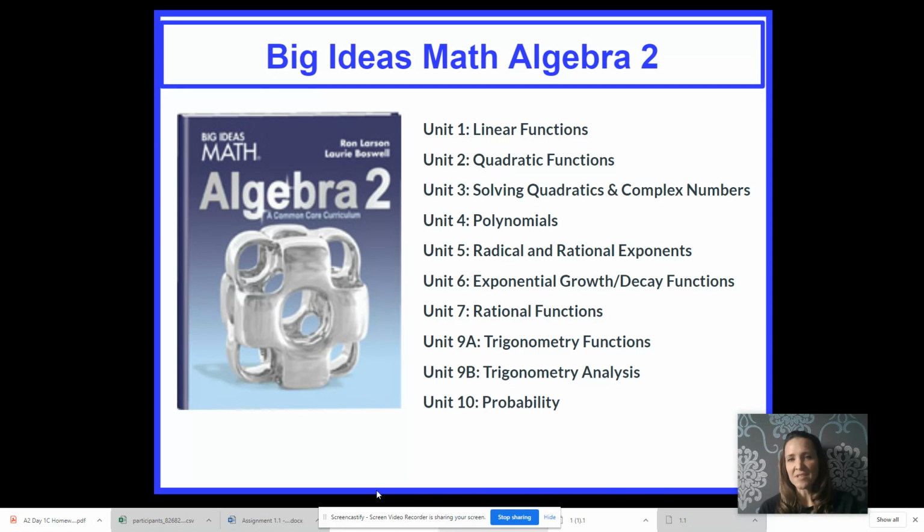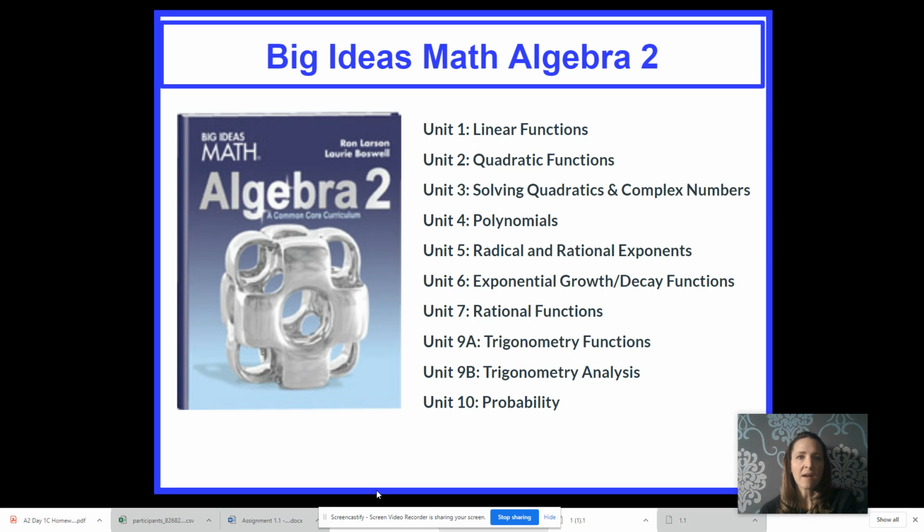So for Algebra 2 this year, these are the standards that we're covering. And the book that we're using is the Big Ideas Math textbook. There's a link to the textbook on the students' Canvas homepage. There's absolutely going to be access to the textbook in a virtual edition of it, but if they want to have a hard copy of the book, they can have that too. They can pick that up from the site.